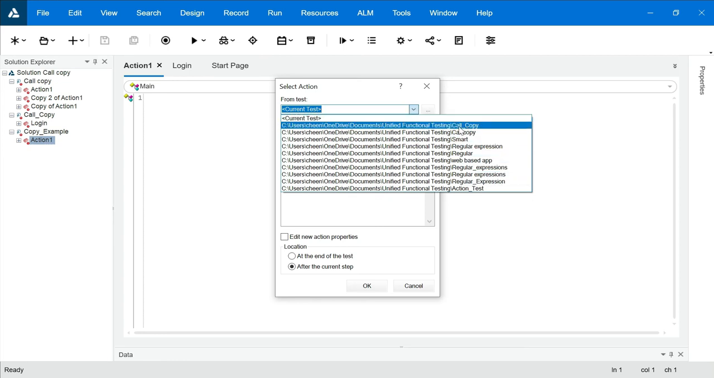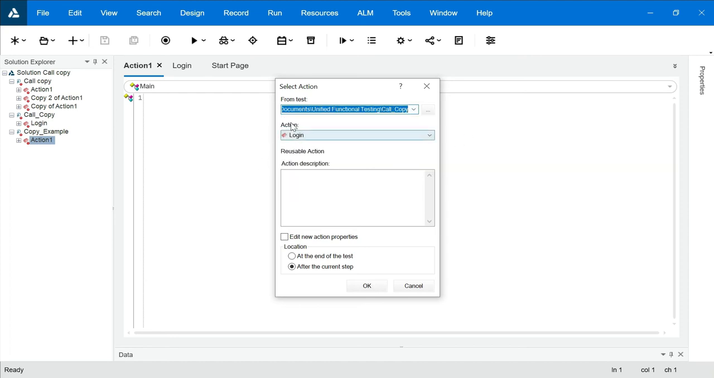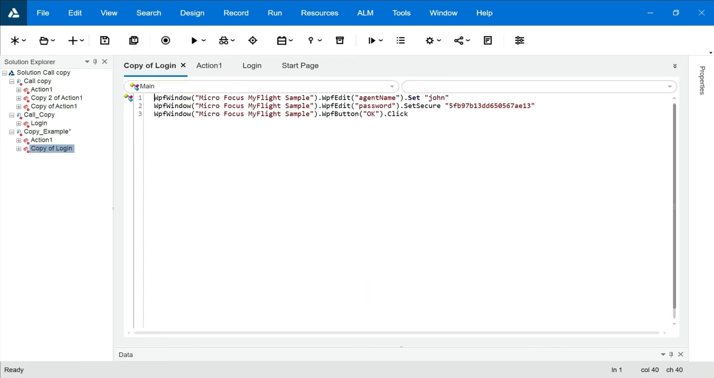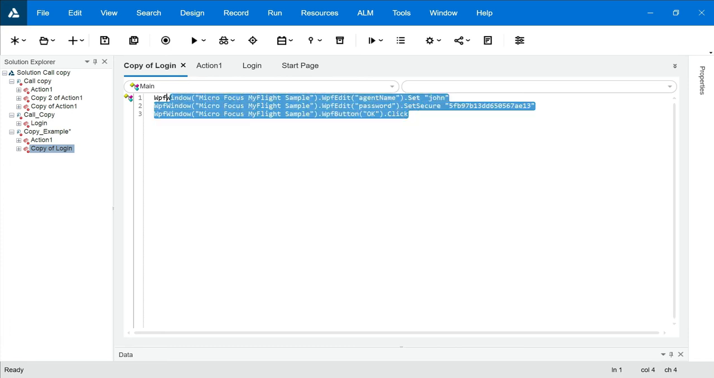I'll click on the test case whose action I want to copy. Look at this, under action you get login. So login is the action which you have just created. I want to call this action. I want to copy this action into this particular test case or recording. So I say okay. You can see all the steps have been copied over here and it is written